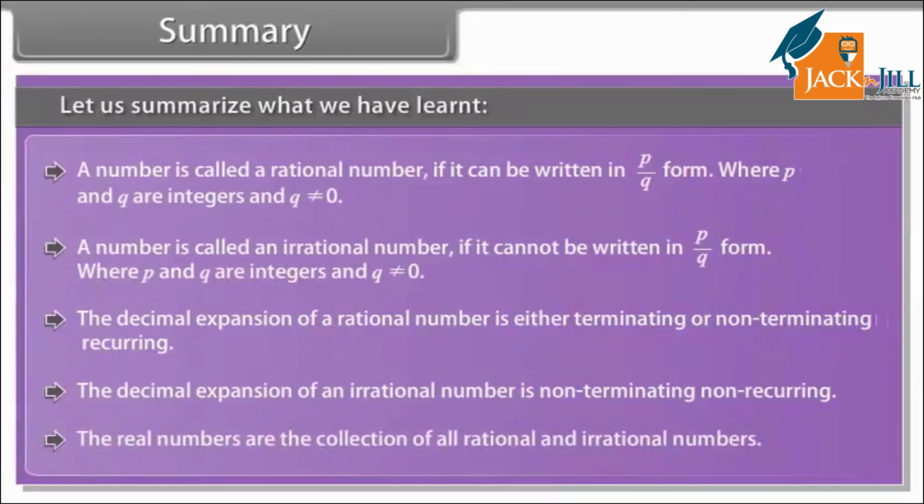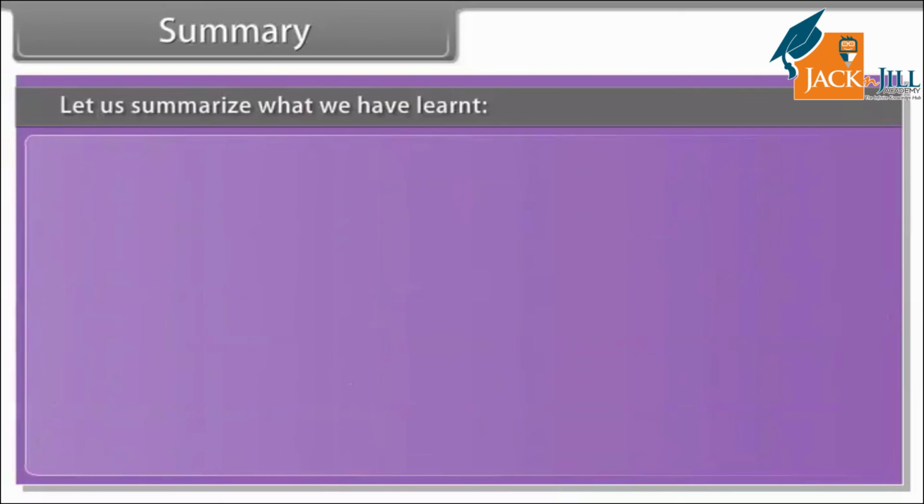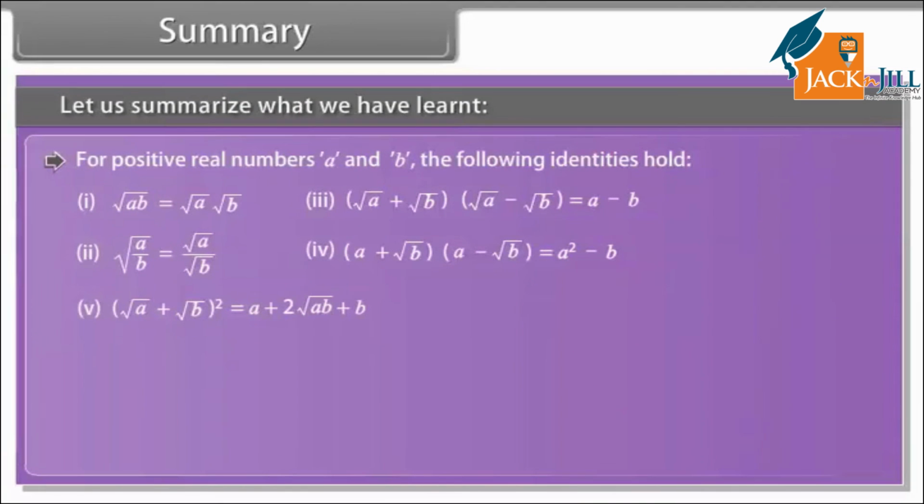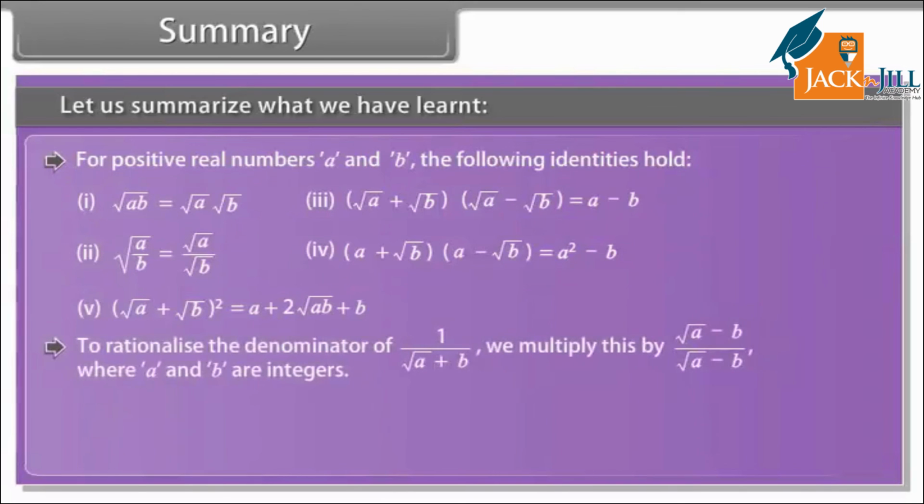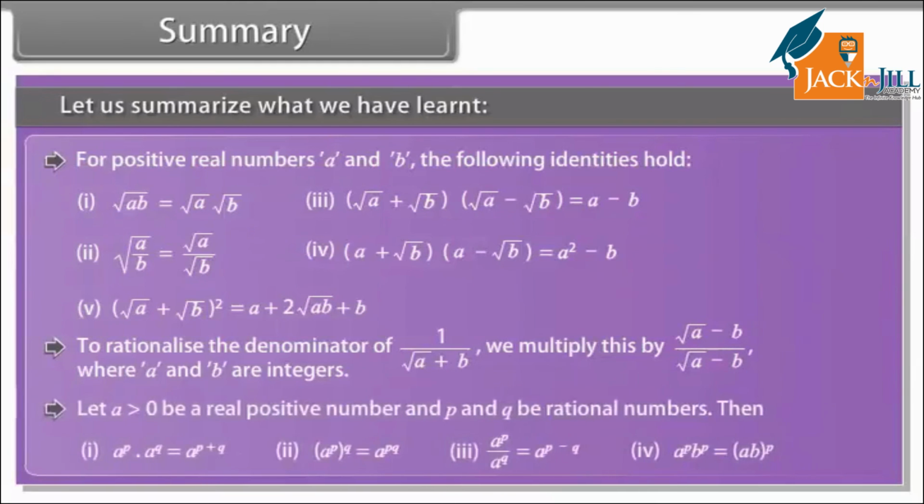The real numbers are the collection of all rational and irrational numbers. For positive real numbers a and b, the following identities hold. To rationalize a denominator of 1 upon square root a plus b, we multiply this by square root a minus b whole upon square root a minus b, where a and b are integers. Let a be greater than 0, a real positive number, and p and q be rational numbers, then